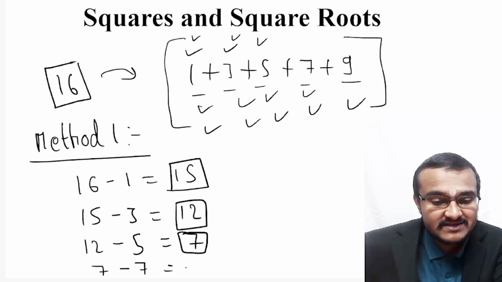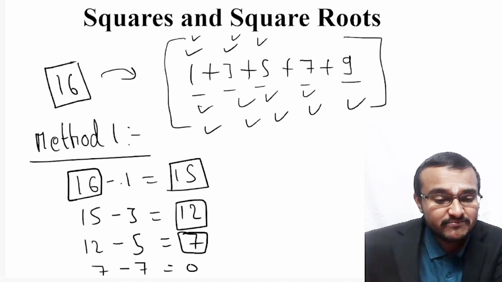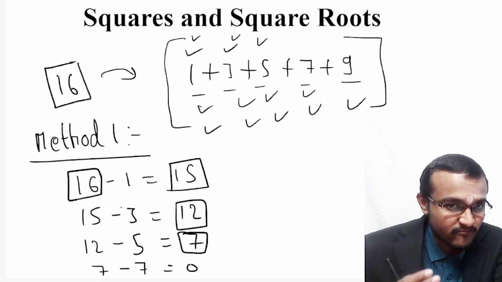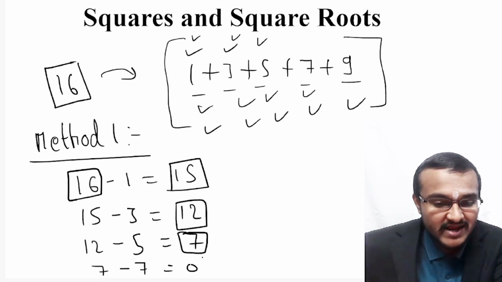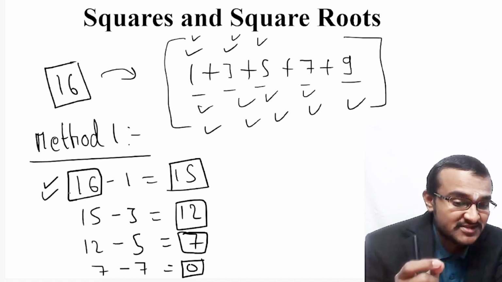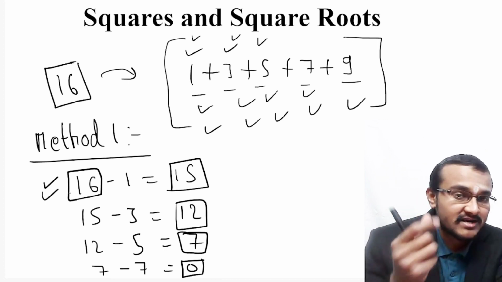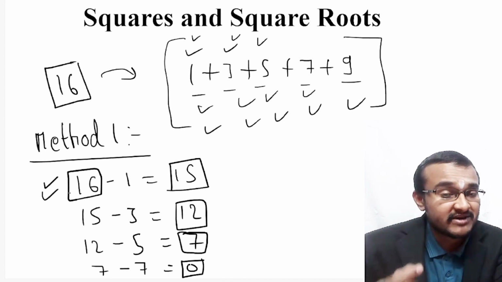So 7 minus 7 is 0. So if you go on subtracting odd numbers, starting from 1, from the particular number you have taken at the start, and you end with 0, then that shows this 16 is a perfect square. This is one method you can use to find whether a number is a perfect square or